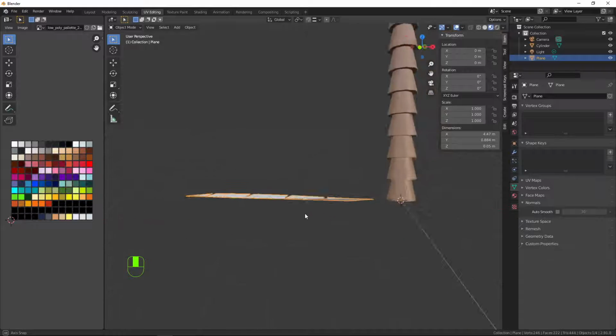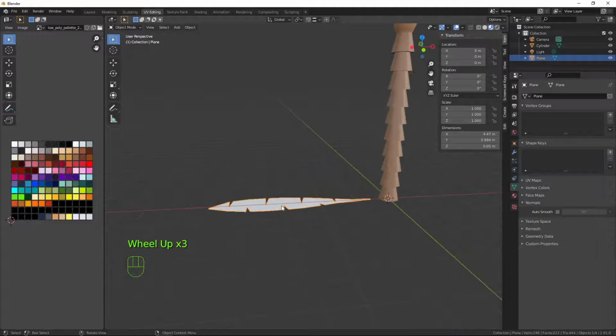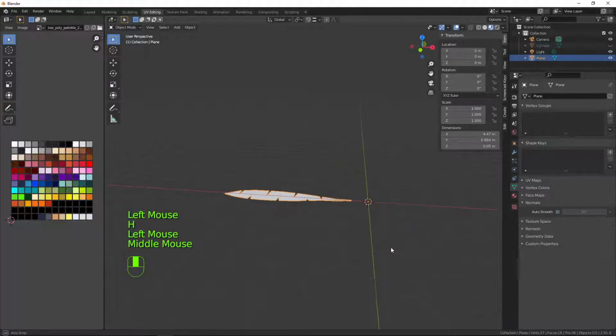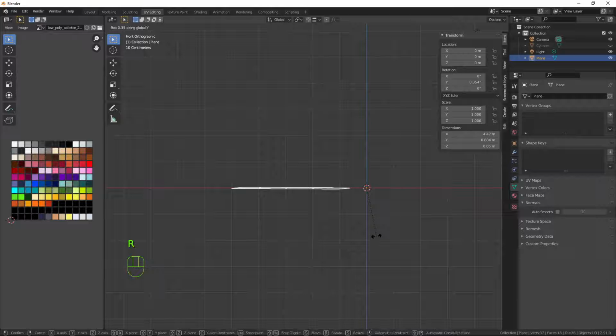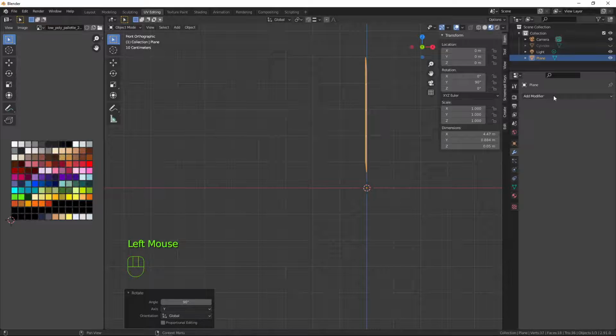What I want to do, and as you probably know, palm trees, they tend to have leaves that come out and curve all the way down. So what I'm going to do is on this, I'm going to make sure my rotational scale is applied, and I'm going to hide this. Now what I want to do is, in front orthographic mode, I want to press R to rotate on the y-axis 90 degrees to bring it up, and then over on your toolbar here, click the modifier tab, click add